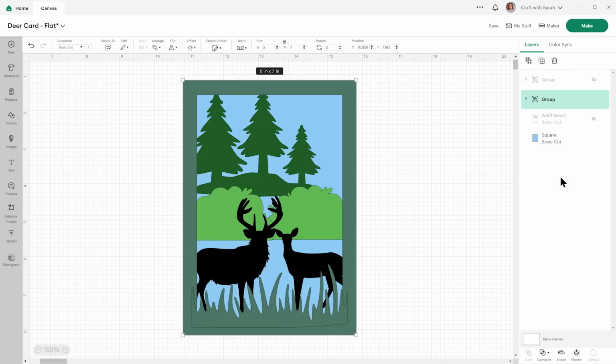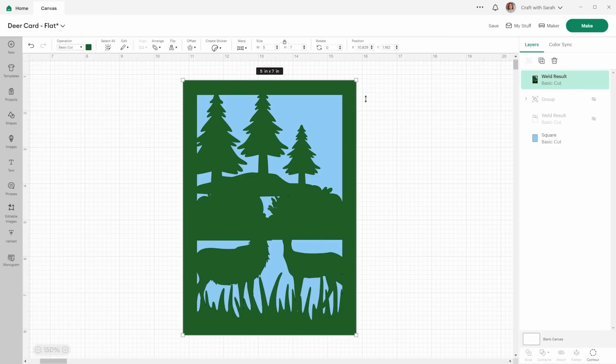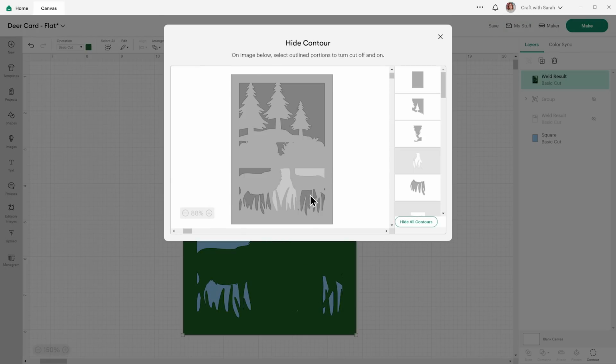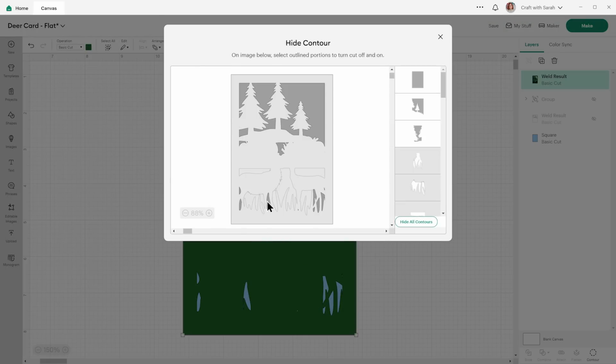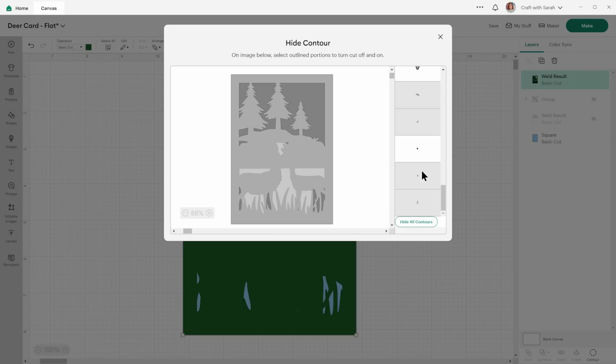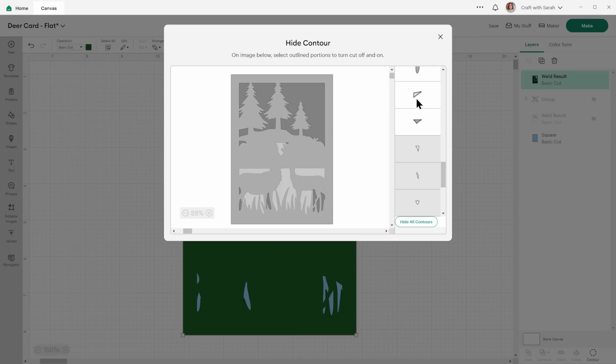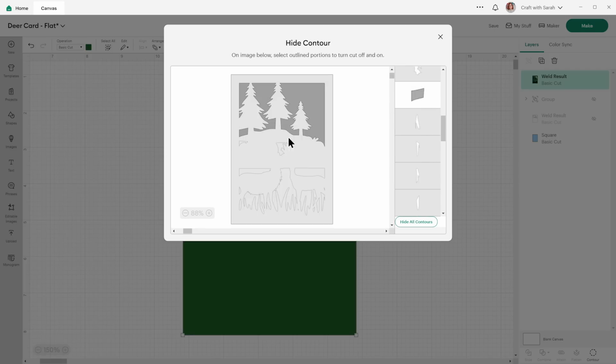Then we can duplicate it in place again and hide one of them. And now we're doing the trees. So we'll combine and weld. And it's kept the right color, so that's great. We can contour out all these bits, fill them in. This time I'm making sure I don't fill in the sky, because that'd be a little bit weird if we had a green sky. Also make sure if you've got any little gaps like that, you don't want to fill those in. I don't want to fill that in.